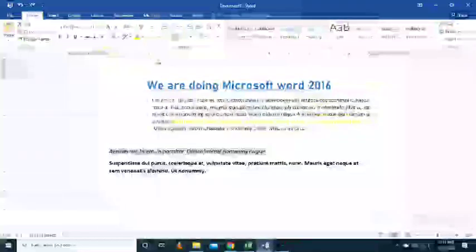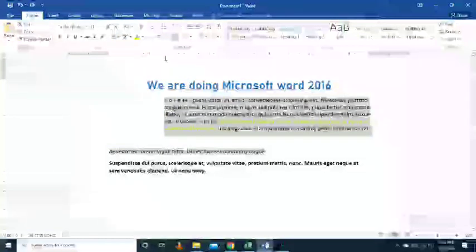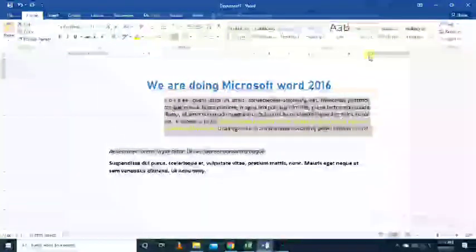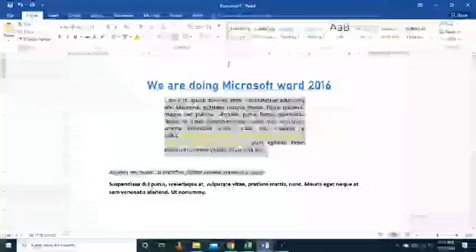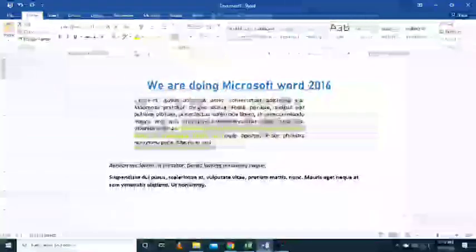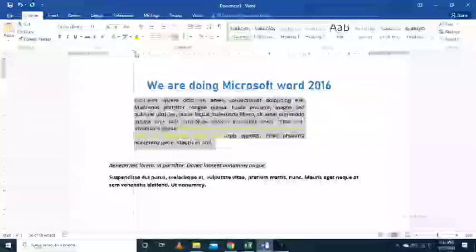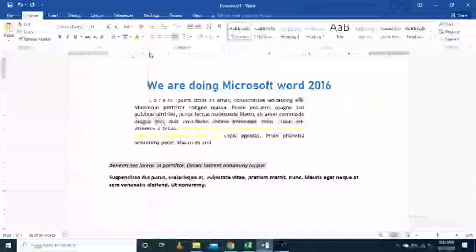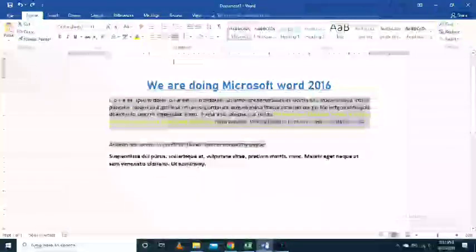If you click it and drag it, the margin of that particular paragraph will start from here. If you move the right one, the margin will end here. In the left indent there are two indents. If you move the top one, the first line will start from that point. So this is the paragraph margin.